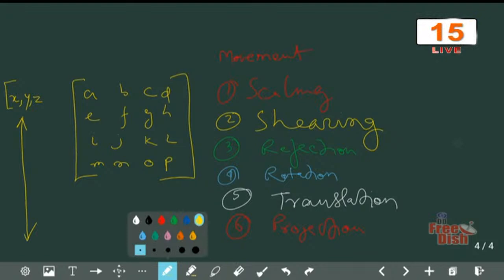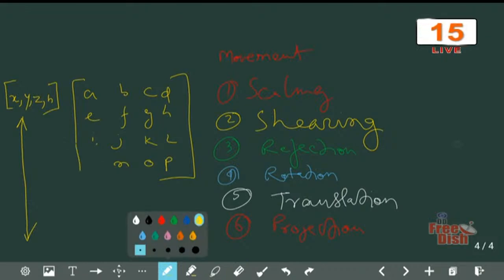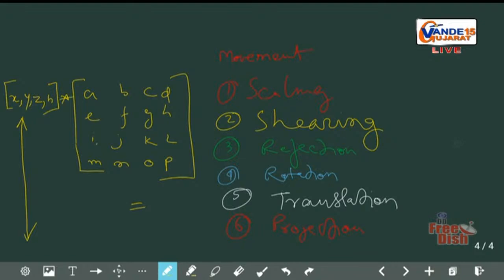So, what do we have to do? We have to add some H. H actually is another element. So, now there are 4 columns and there are 4 by 4 matrices. So, now we can multiply. When we multiply we will get some result. Here I am putting the multiplication sign, and then here we will get x star, the changed y, y star, z star and h star. So, these are the things we will get, and we can transform anything